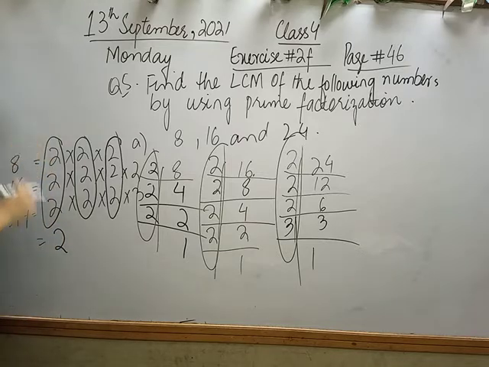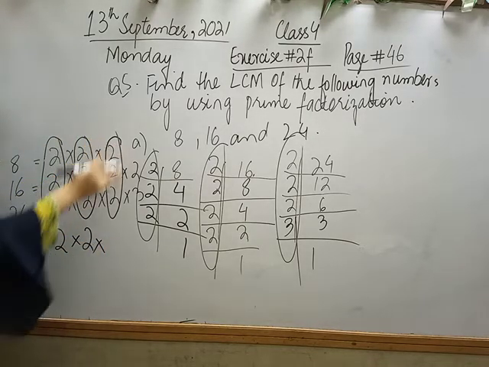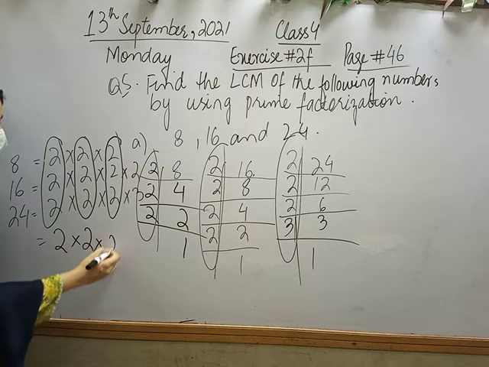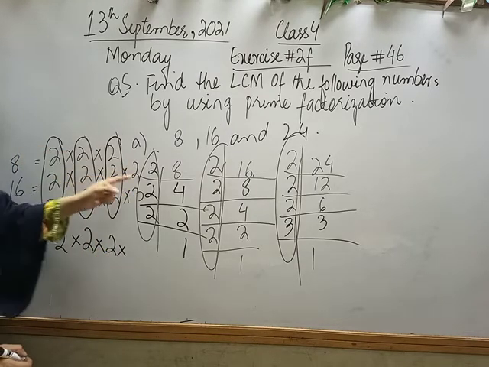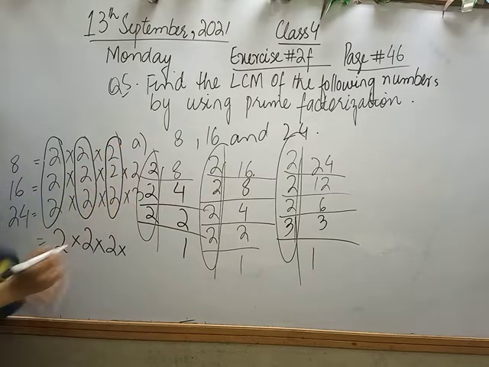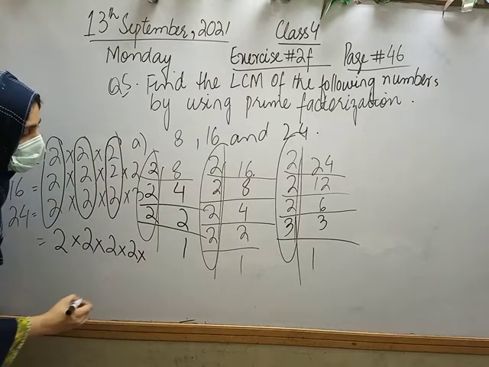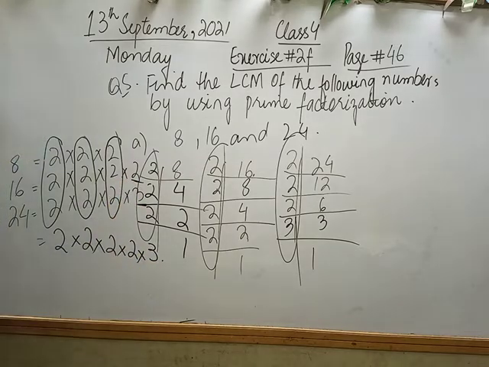This two which is involved in three of them, I will write only one time. Then multiplication sign. This two is involved in three of them, I will write only one time. Now this two is involved in three of them, I will write only one time. Now if you look, class, we have two which is not common in this number and this number. So I will write here which is uncommon, and I will also write the number which is left in the end, which is 3. I will write that number also.